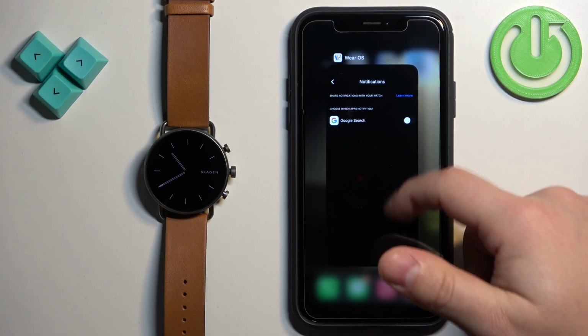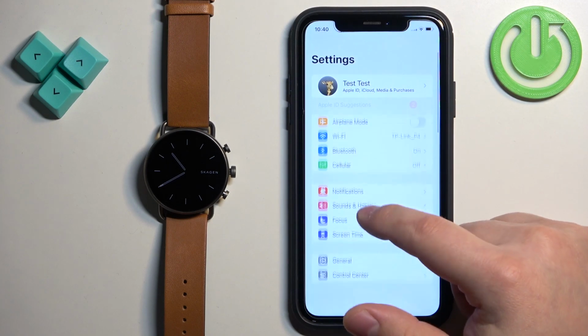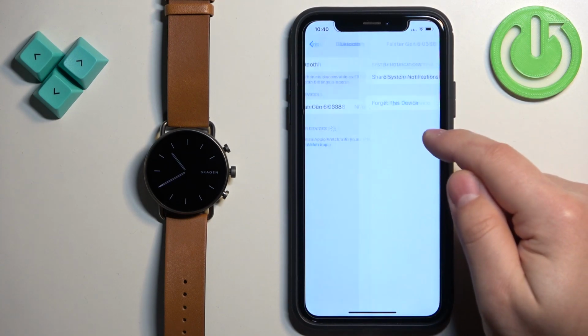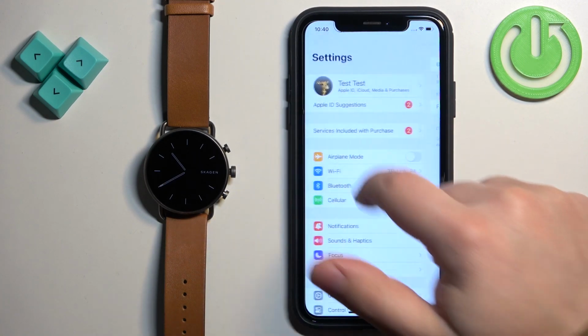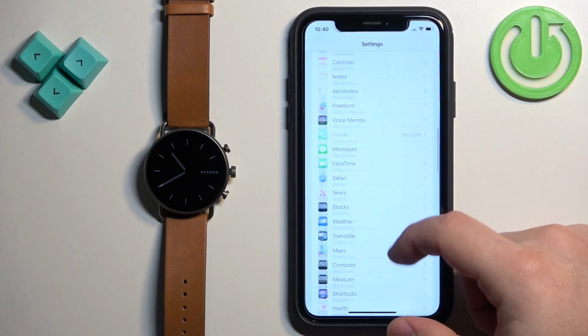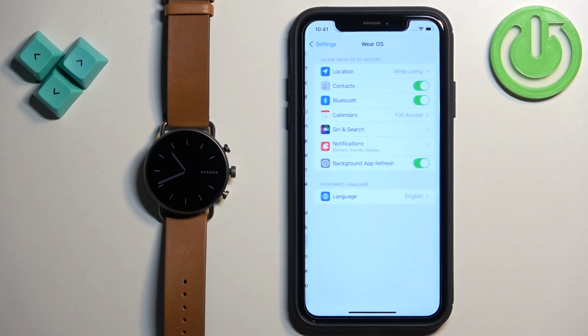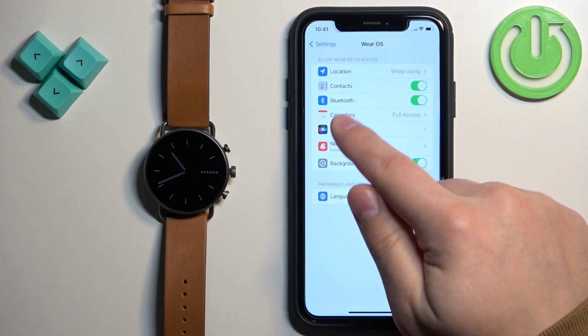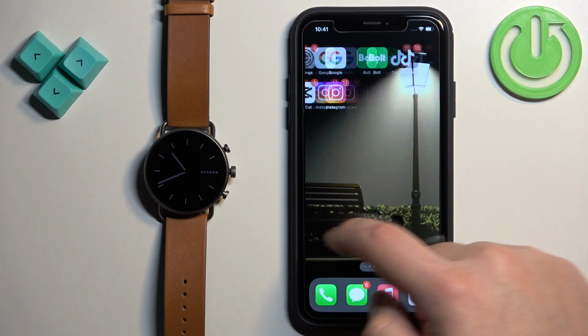And once you allow the permission, close the app for now, open the settings, tap on Bluetooth info, and you should see this option right here and make sure it's enabled. Then go back to main page of settings, scroll down, find the Wear OS application on the list, tap on it, and here find the Bluetooth option and make sure it's enabled. Once it is, open the Wear OS application on your iPhone,